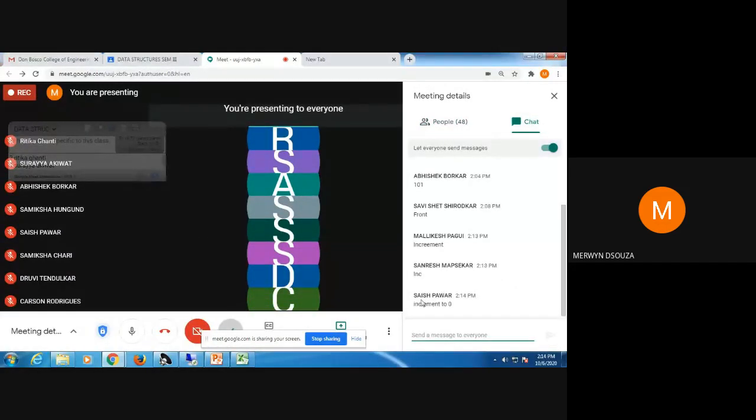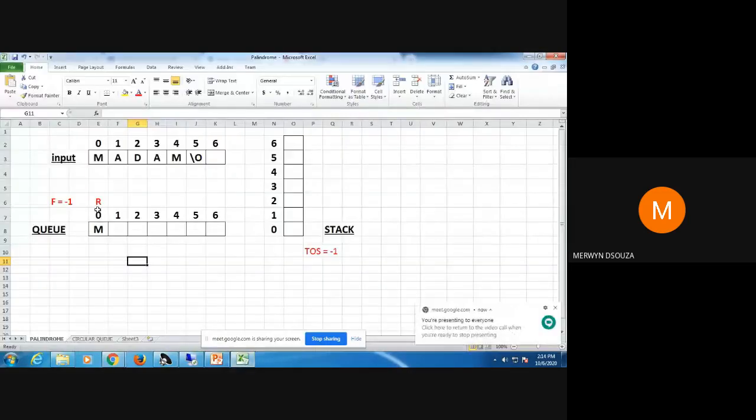See here, this is the first insert I have done. Like Carson has already said, whenever we are doing enqueue, we use the rear. So I've used this rear, I incremented it, and I've inserted the first element. Should I go and insert the next element, or should I do something with front?